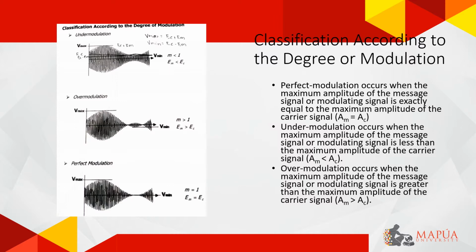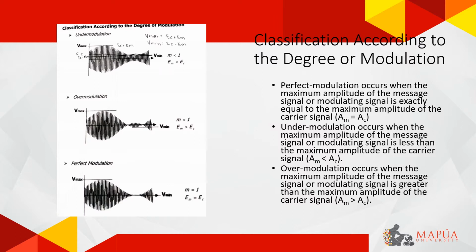And the second picture is the overmodulation, where M is greater than 1 and Em is greater than Ec. Overmodulation occurs when the maximum amplitude of the message signal or modulating signal is greater than the maximum amplitude of the carrier signal. And last is the perfect modulation, where